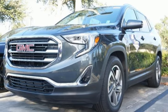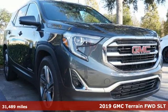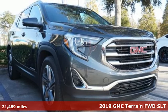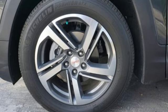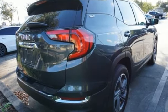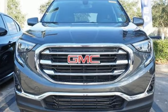It's a 2019 GMC Terrain. This SUV will be the perfect fit for your family with power and efficiency and surprising cargo space. It comes with all the amenities you need: auto-dimming rearview mirror, Apple CarPlay, Android Auto, front heated leather bucket seats,